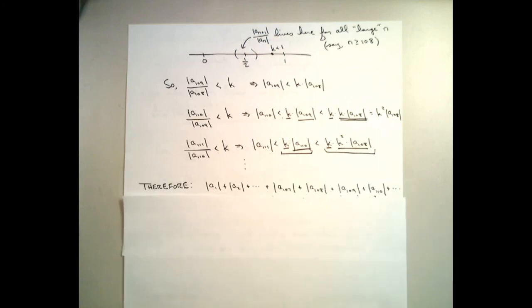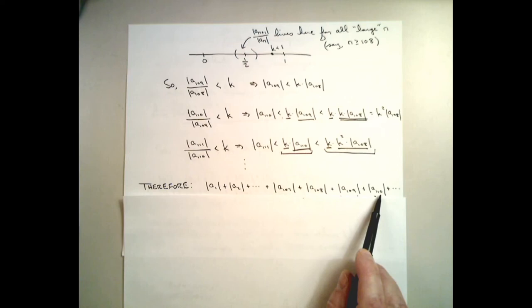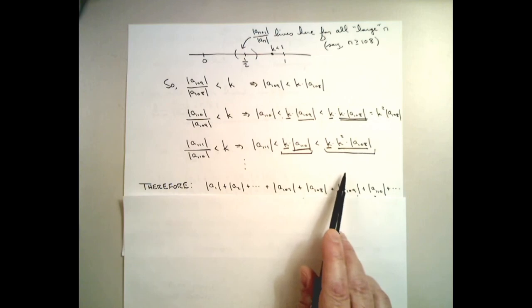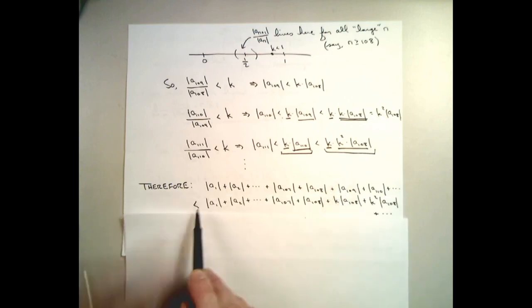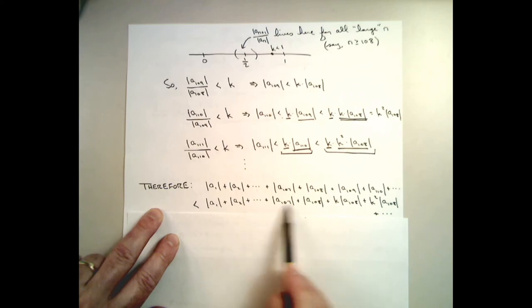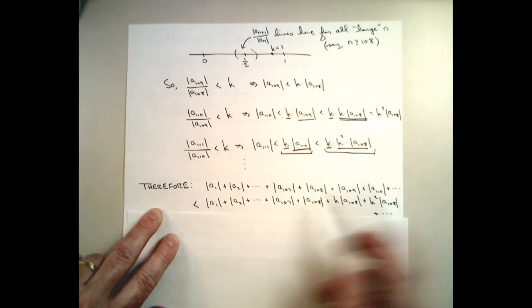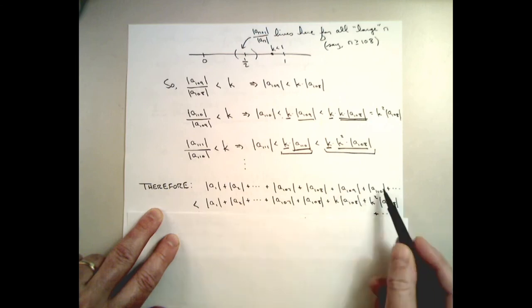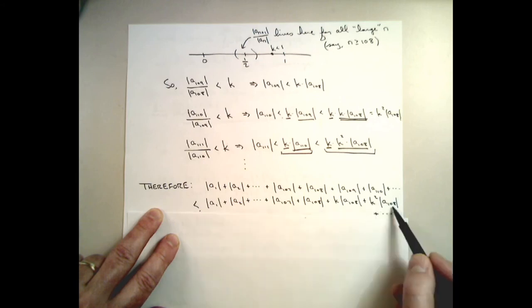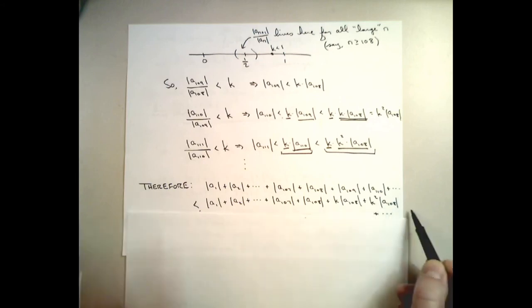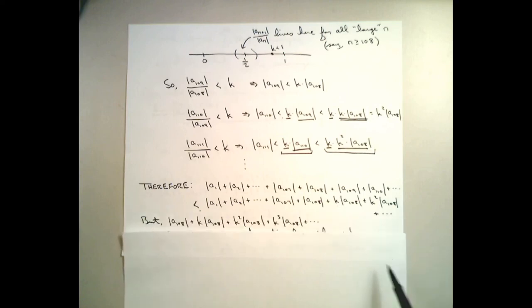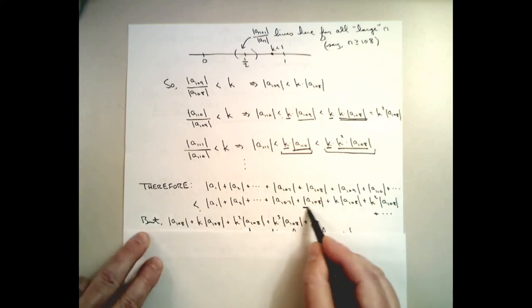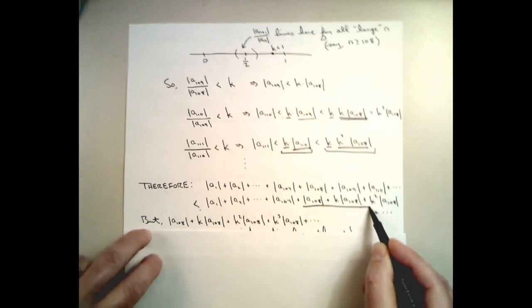pattern going, and so here I've written the first 110 terms of my series up here. By this analysis that I did above, this is going to be smaller than, let's see, I'll list the first 108 terms again, but then the 109th term was smaller than k times the 108th term. The 110th term was less than k squared times the 108th term, and so on. But if I start at the 108th term, right, and keep going,